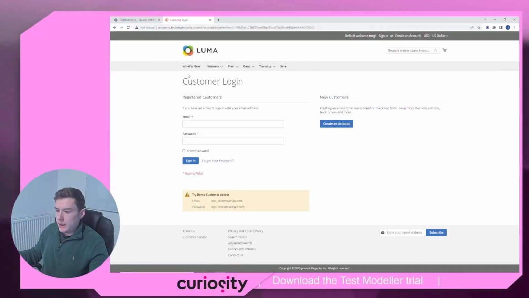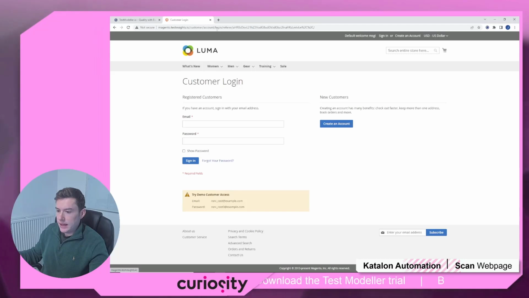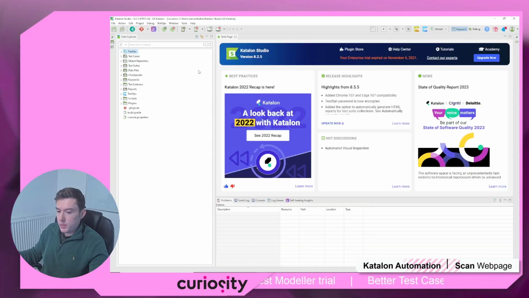Okay, so we're going to be automating this login screen inside Test Modeler to create Katalon automation scripts. And to do that, the first thing we need to do is perform some object scans inside Katalon. Now, if you have any object scans that already exist, we can import those and we'll show you as we go through the example. But the first thing we're going to do is come in and hit this Spy Web